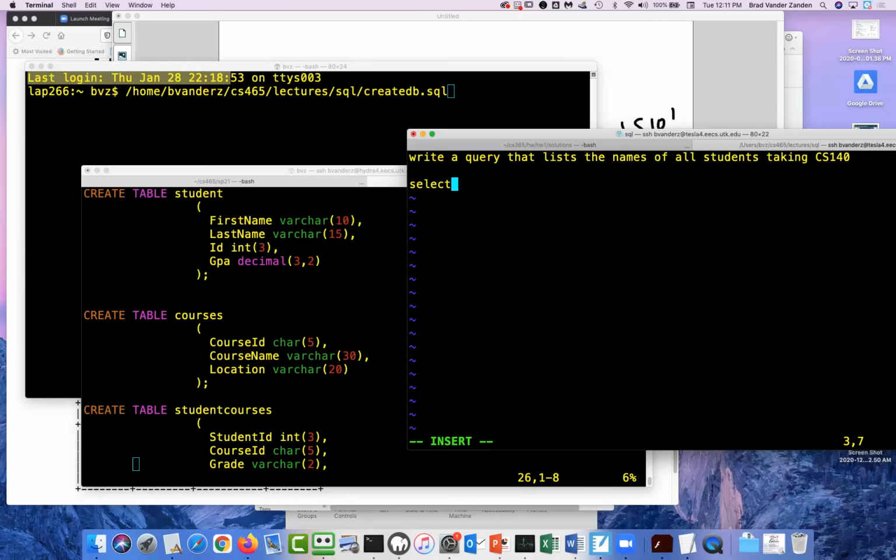So what we need to do is select first name and last name. And I don't need to prefix it with the relation name because it's unambiguous. There's no first name and last name in student courses. So I'm going to have to select first name and last name from student S join, and I'm going to try to do it without the inner joins to see if that works. Student courses, SC,